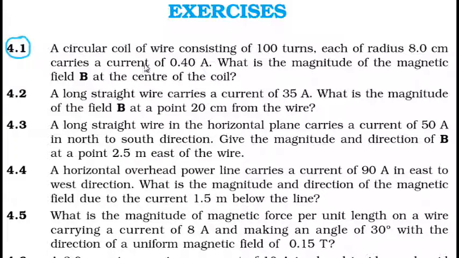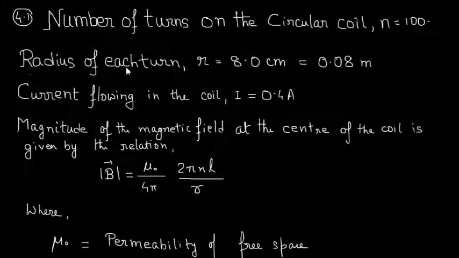A circular coil of wire consisting of 100 turns, each of radius 8 centimeter, carries a current of 0.4 ampere. What is the magnitude of the magnetic field B at the center of the coil? Let us see the solution. So the solution for 4.1 is